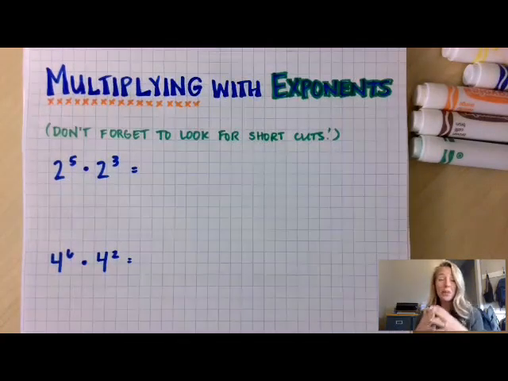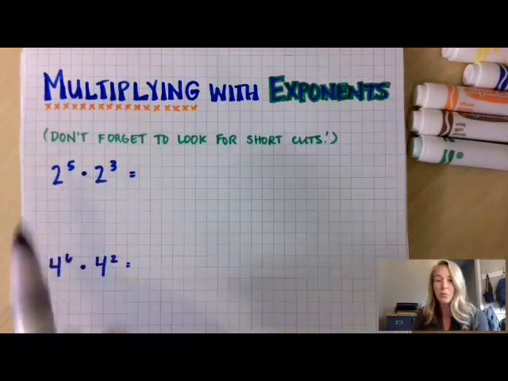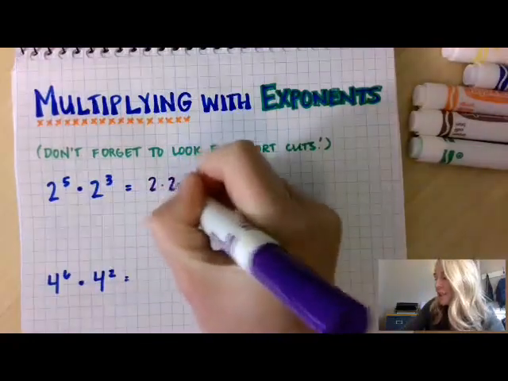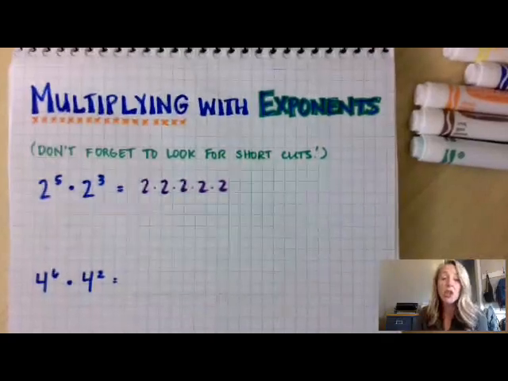Okay, so now we're going to multiply with exponents. Again, we're going to look for shortcuts, so keep your eye out here. So if we have 2 to the 5th, which we know is 2 times itself 5 times, and that's being multiplied by 2 to the 3rd,